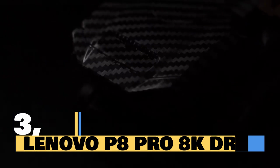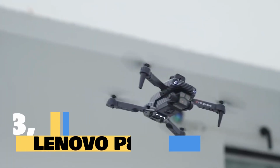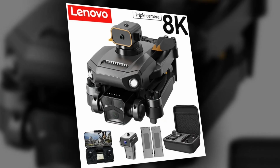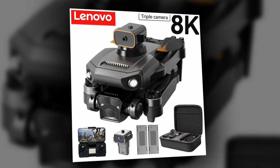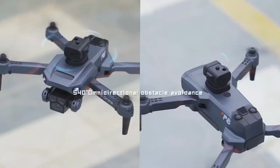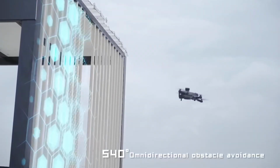Introducing the Lenovo P8 Drone, where cutting-edge technology meets seamless functionality for an unparalleled flying experience. With the Lenovo P8 Pro 8K drone, you can capture breathtaking moments in stunning 8K resolution thanks to its dual HD camera system. The advanced obstacle avoidance technology ensures smooth and safe flights, allowing you to focus on capturing the